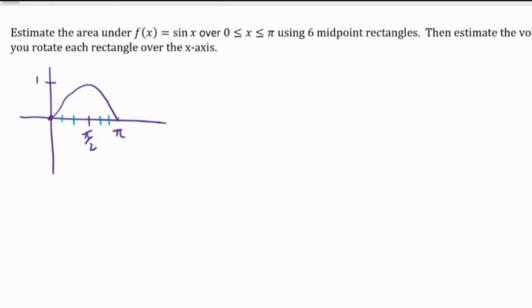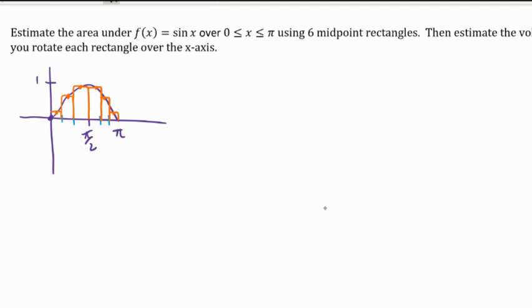And then with those widths, we are going up at the midpoint. So I created 6 widths on my interval, but I'm not going to start at the left or the right point. I'm going to start at the midpoint. So I'm going up here and here and here and here and here. So it looks something like this. Again, it's not perfect, but you get the idea. So we're not going up at, for example,